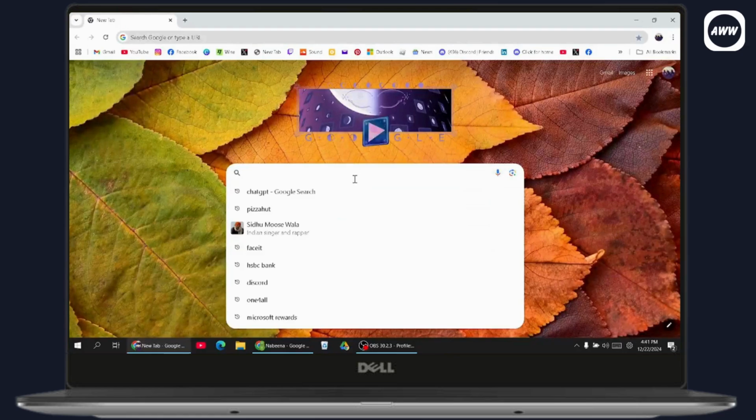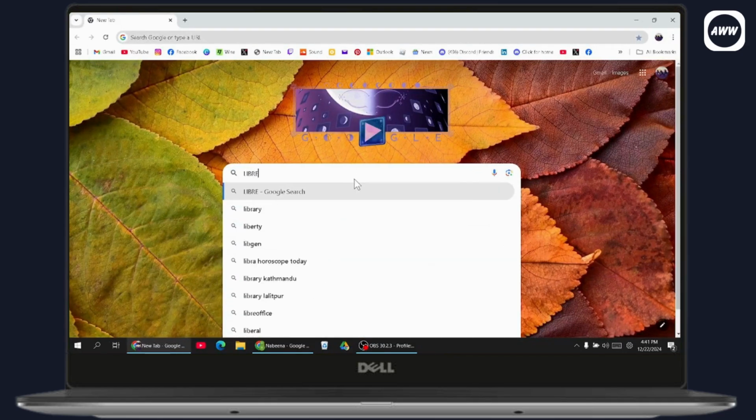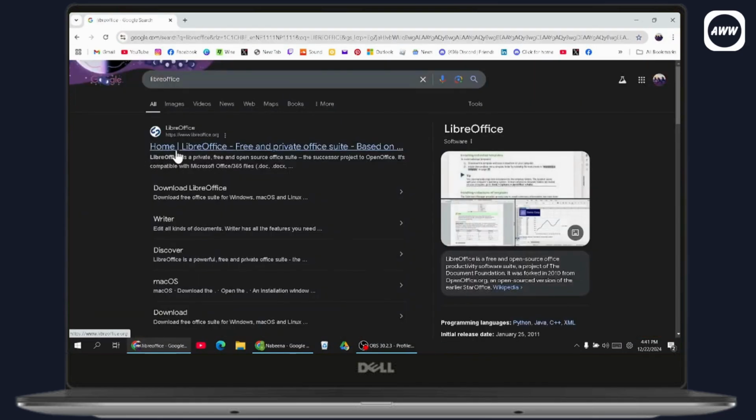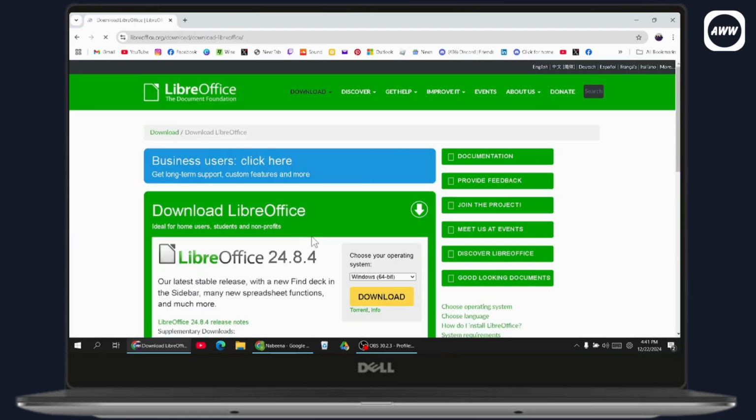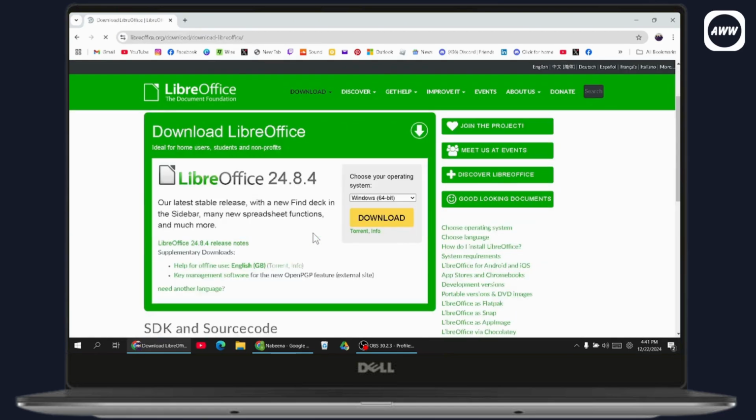Once you open up your browser, you need to simply search for LibreOffice. Once you've searched, go with the first option, www.libreoffice.org, or just go with the download option, which is right here. Just click on it and it will take you to the download interface where you just need to simply go